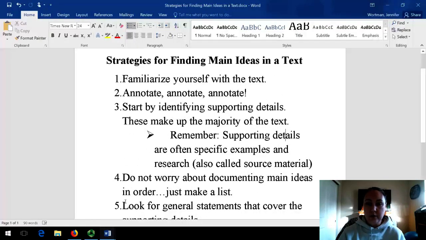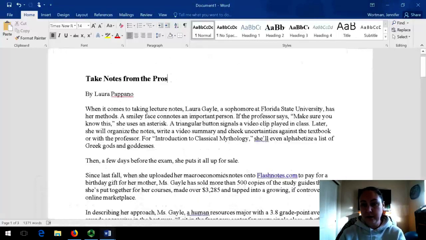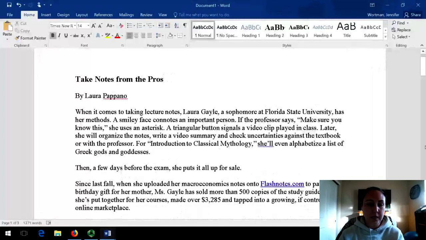What I want to do now is pull up an article and try to make it a little bit bigger. You may not be able to read it, but this article is found in the college book starting on page 126, on pages 126 through 130. So you actually have this article as well. It's the exact article. I just pulled it from the New York Times, where the article was originally published. And I'm going to show you how I would approach this, using those strategies that I just gave you for looking for main